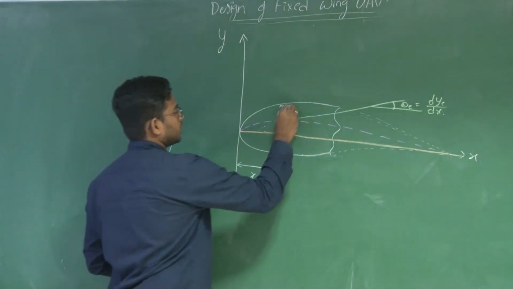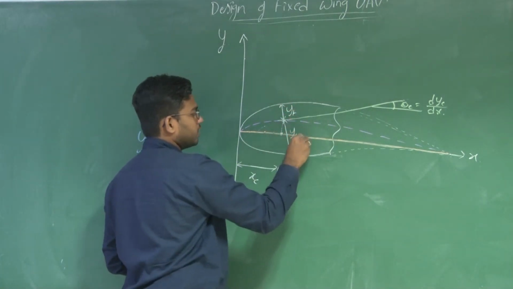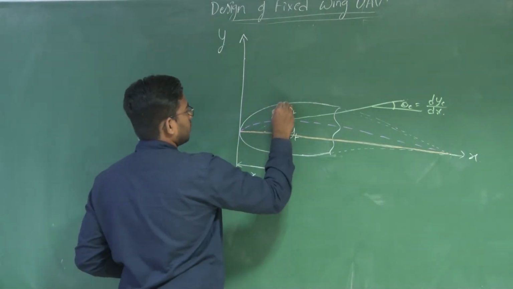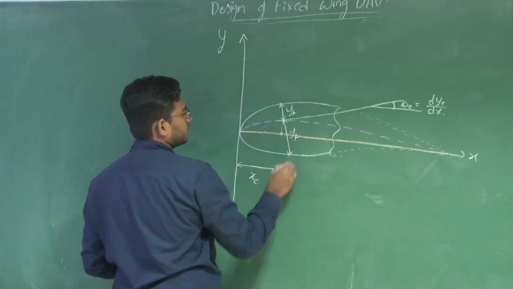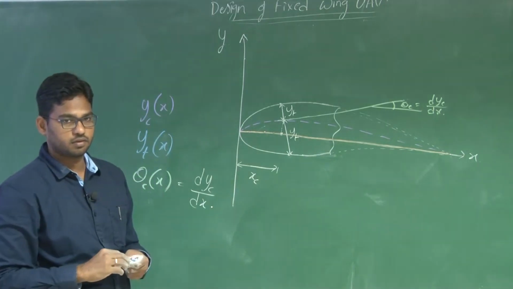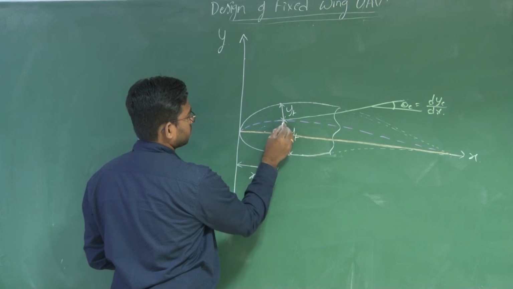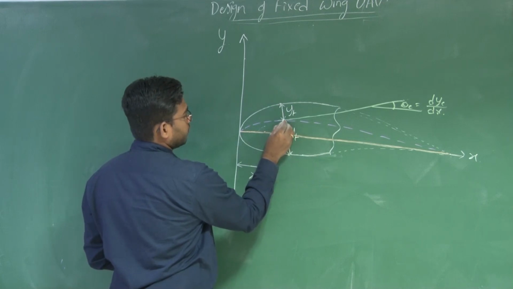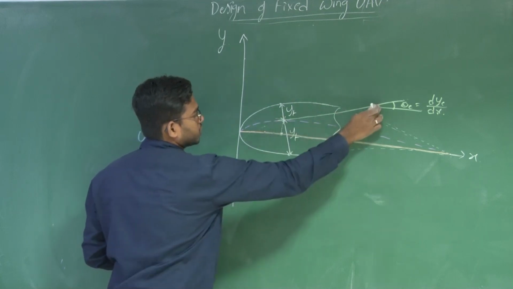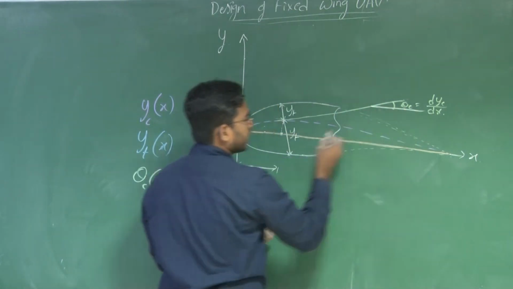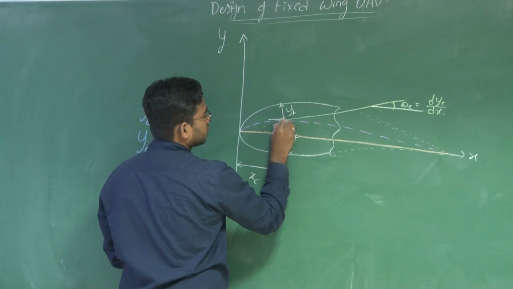Now you have this as y of t, and the same y of t you have it here. Now what are these coordinates then? If I draw a local horizontal here, which is parallel to this, say this is my white line which is parallel to this. So this is parallel.